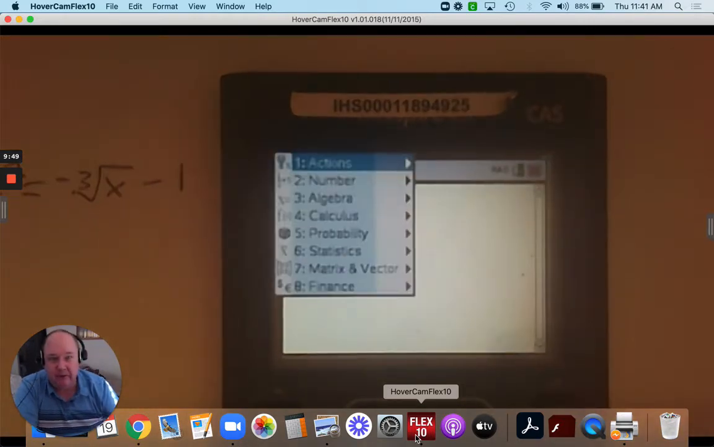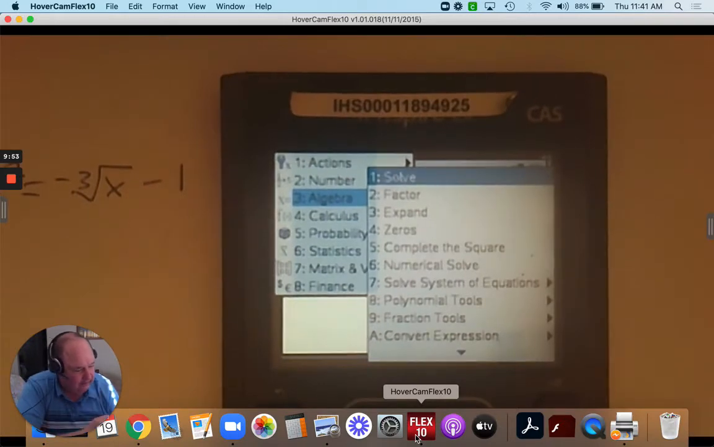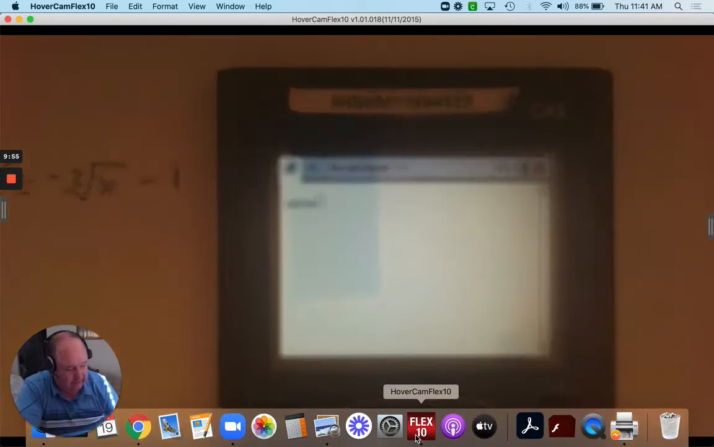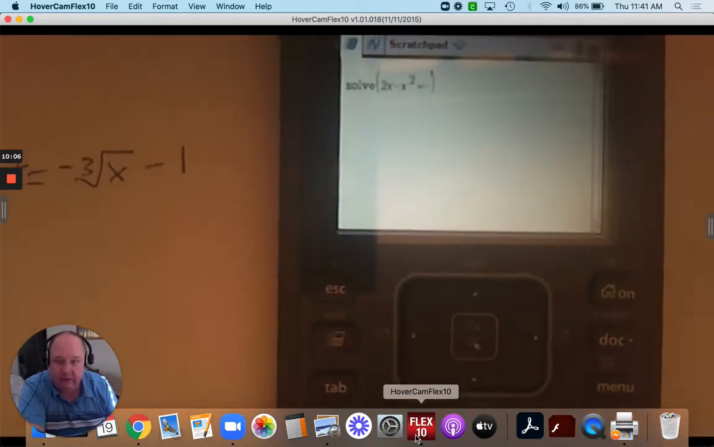And so I'm going to press menu, then algebra, and then I'm going to press solve. And I'm just going to type it in. 2x subtract x squared equals, and it's negative the cube root. Now, cube root is in blue,